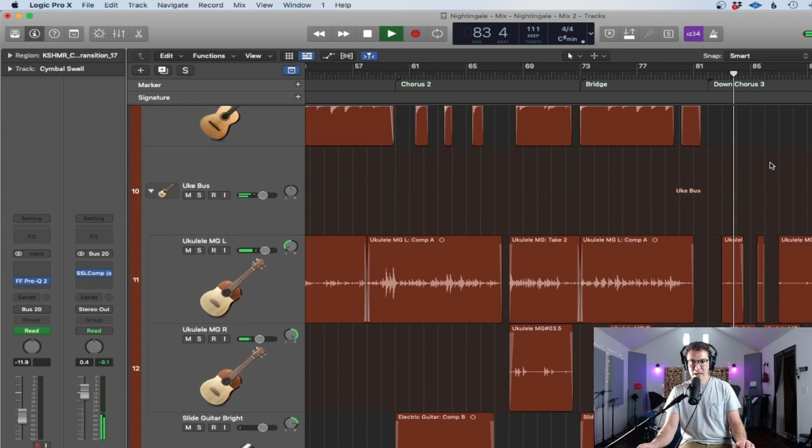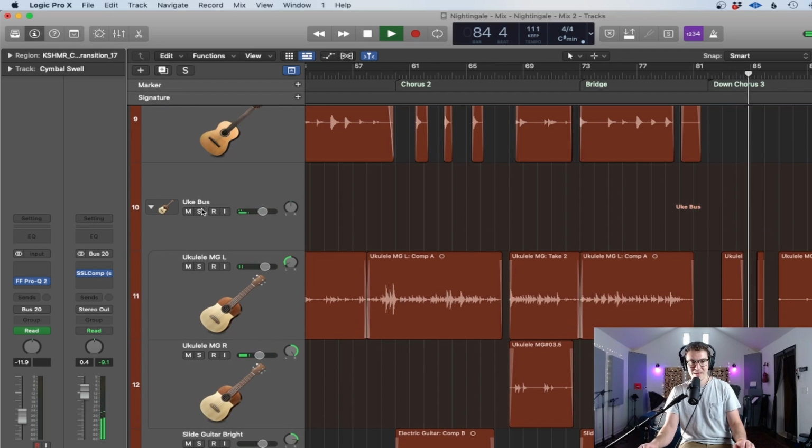So this is where it's back to. I love these little ukulele strums that are going from ear to ear, just adding some subtle